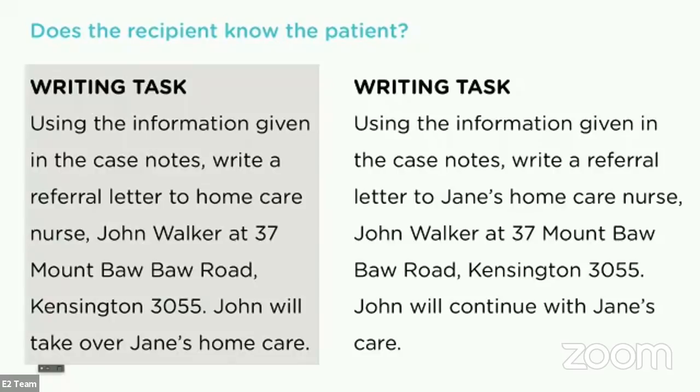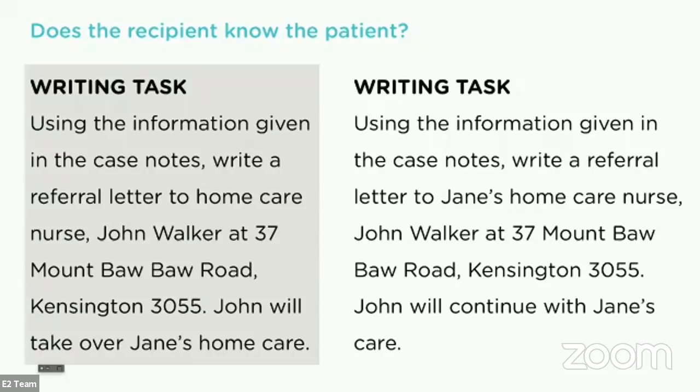The one on the left says, using the information given in the case notes, write a referral letter to home care nurse John Walker. John will take over Jane's home care. Now, it doesn't explicitly say whether John knows the patient or not, but it does say John will take over Jane's home care. What can we infer from that? We can infer that on the left, the gray one, John does not know Jane. And therefore, some of the information in those case notes will be important for John, such as Jane's medical history,